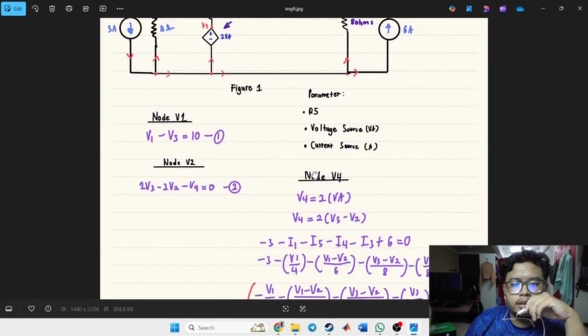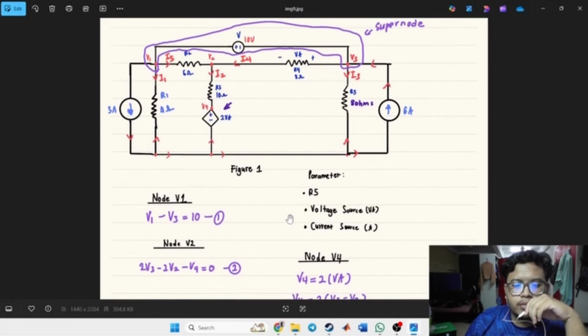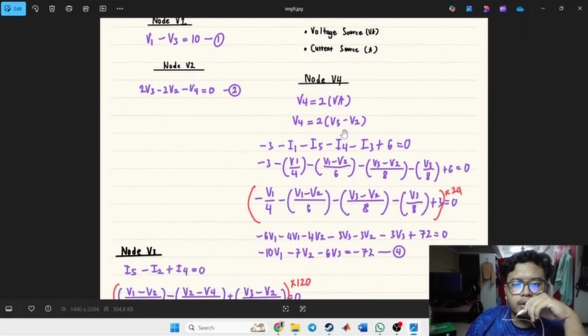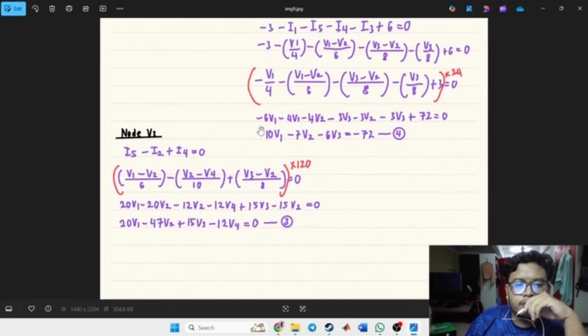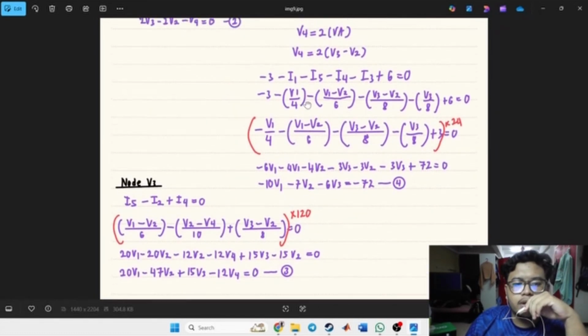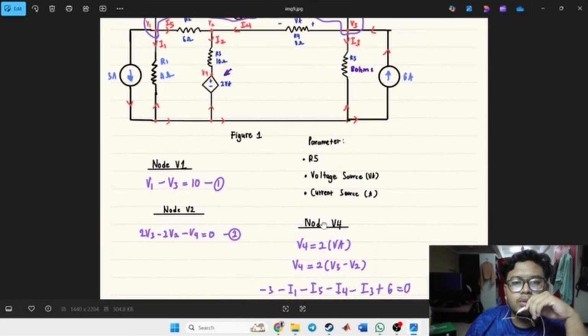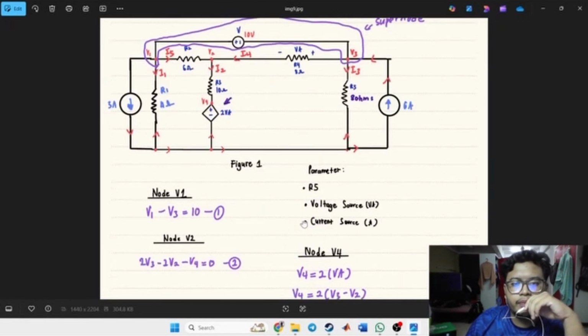Where I get this is from node v4, we need to find the va. So after we do all the calculation in here, we get the calculation on v2. Then from node v3, i5 minus i2 plus i4 equal to 0.